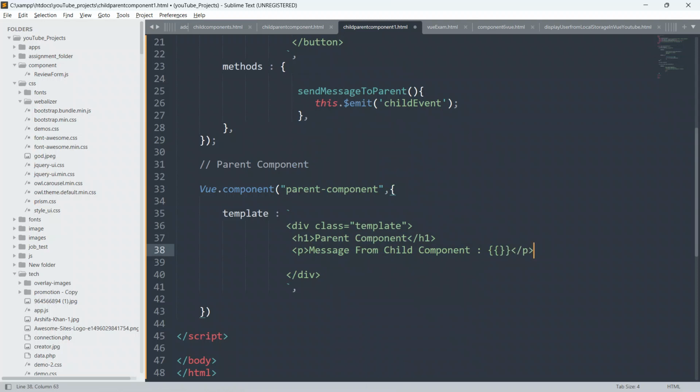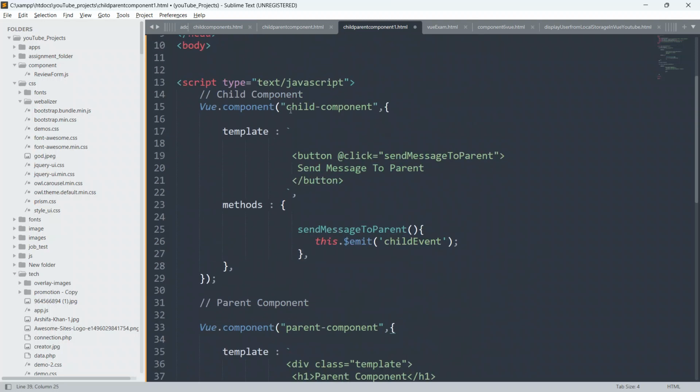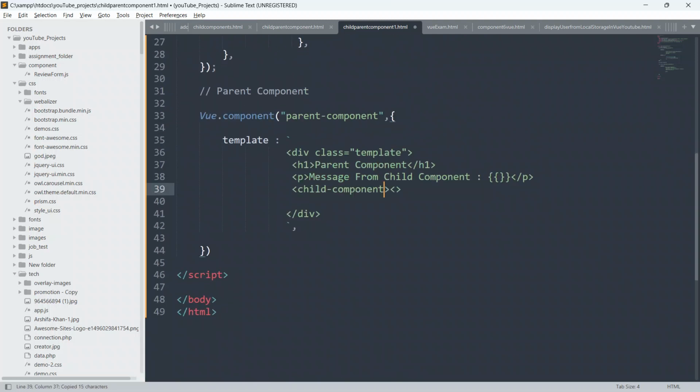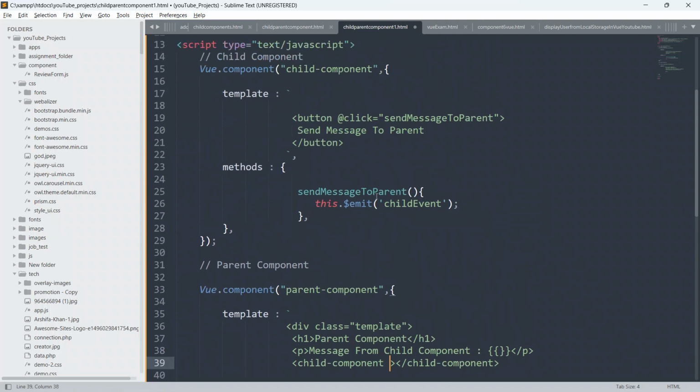Now below this I will add the child component. Copy this child component from here. The name of the child component is child-component only. Just copy it from here and paste it here, and close it. And inside this we have to define our custom event.